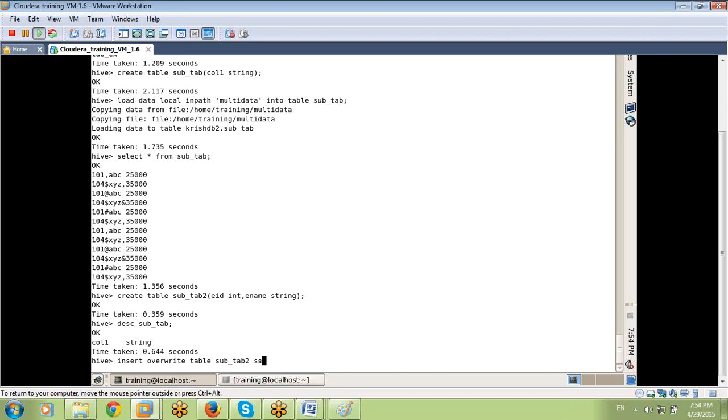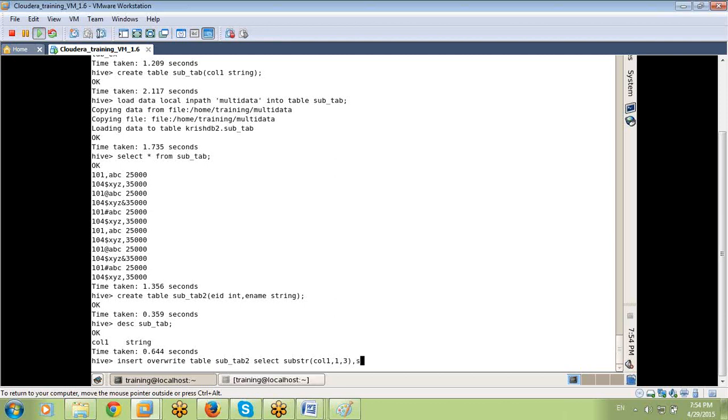Subtab2 select. Yesterday I mentioned column names, but column names are not allowed now because the data has different delimiters. Use the substring function now. Substring of col1, comma. I want 101, 104, 101 in my first column, so 1 starts from the first position, and the length is 3 characters.